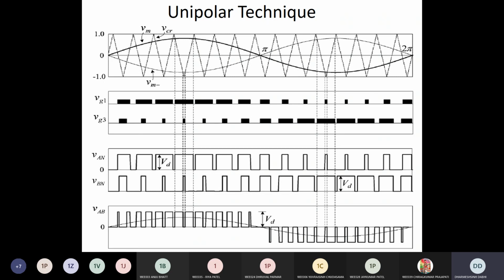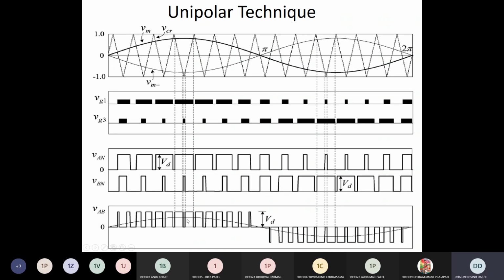Clear. So if you see the output voltage across the load, you get the positive voltage only in the positive half cycle. You can see here. You take the output voltage across the load, you get only positive output during the first half cycle and you get the negative output only in the next half cycle. Same again, if you join each and every average point at each and every angle point, you get the sine wave like this.